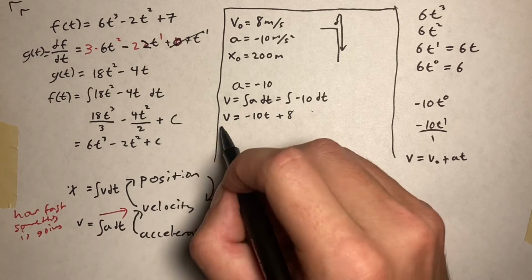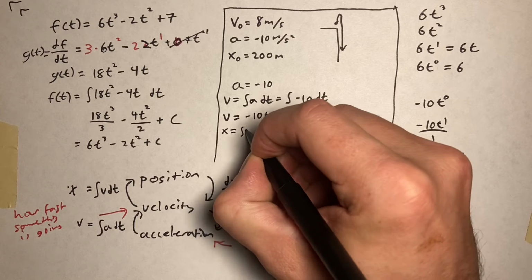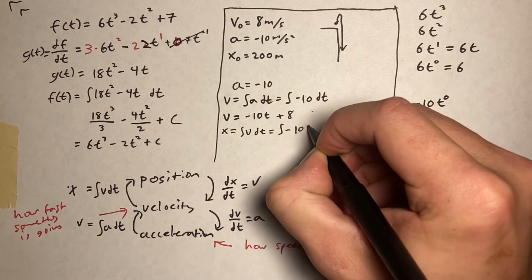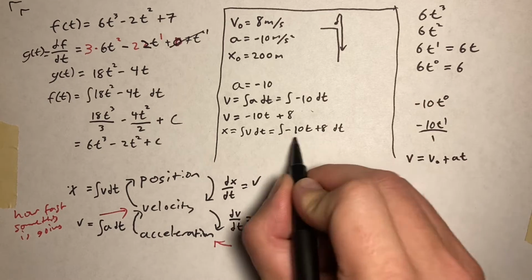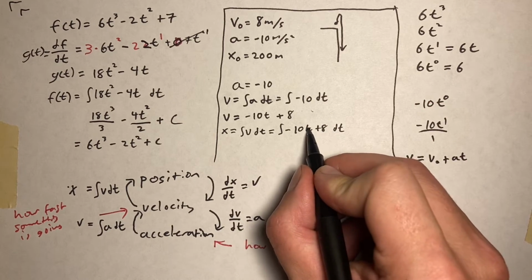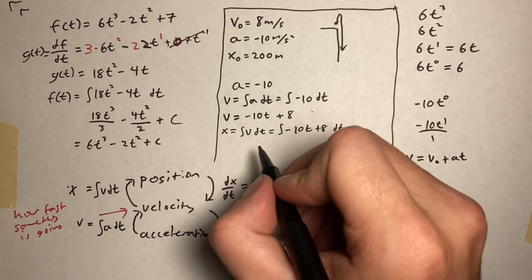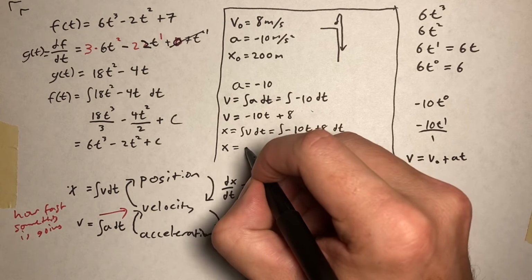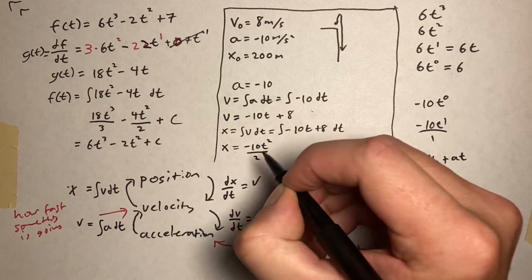If I want to find the position function, I'd do the same thing. So position is equal to the integral of velocity with respect to time, which is the integral of negative 10t plus 8 with respect to time. Now I've got to take the integral of this function. I'm going to increase the exponent here by 1, so that'd be t to the 2, and then divide that term by 2. So I get x is equal to negative 10t to the 2 over 2,